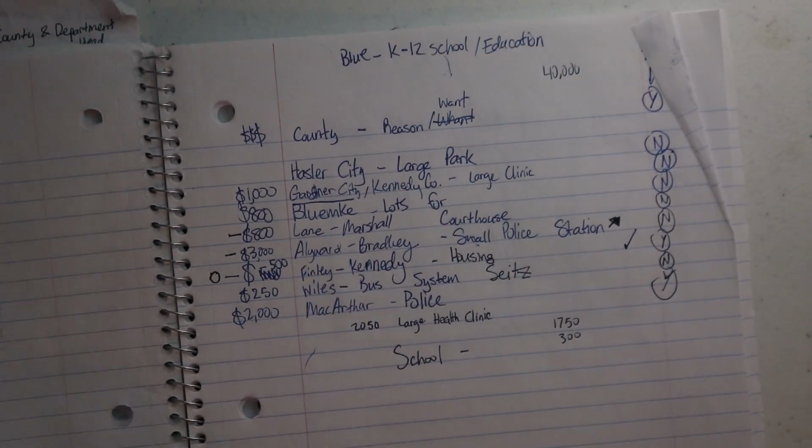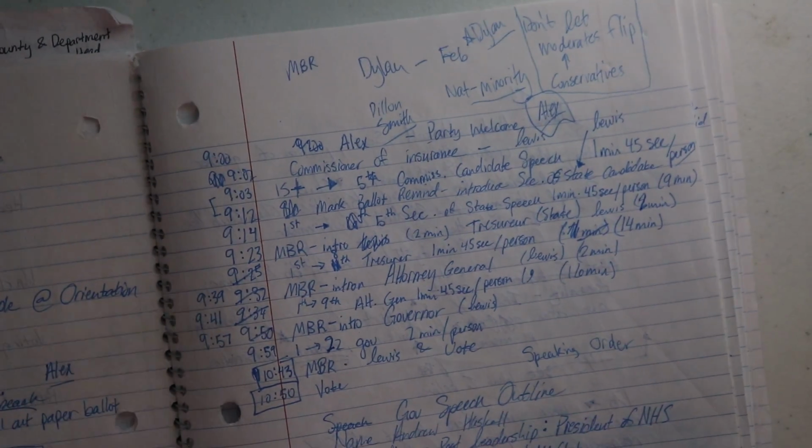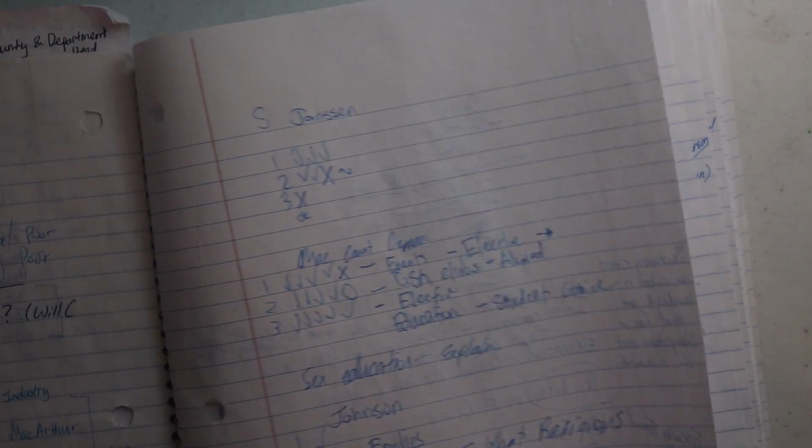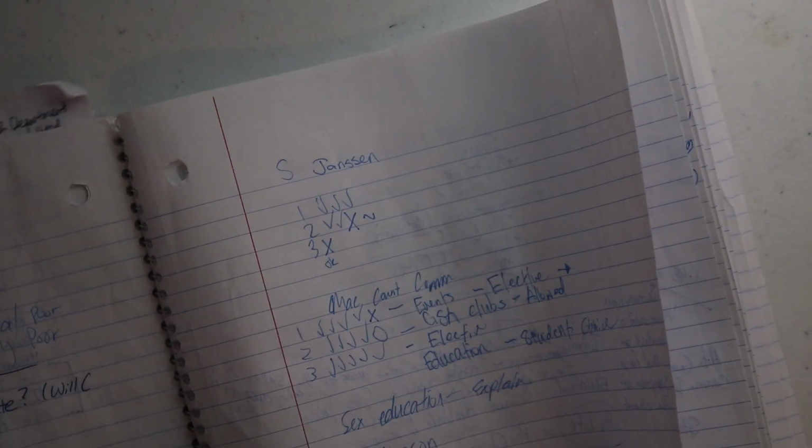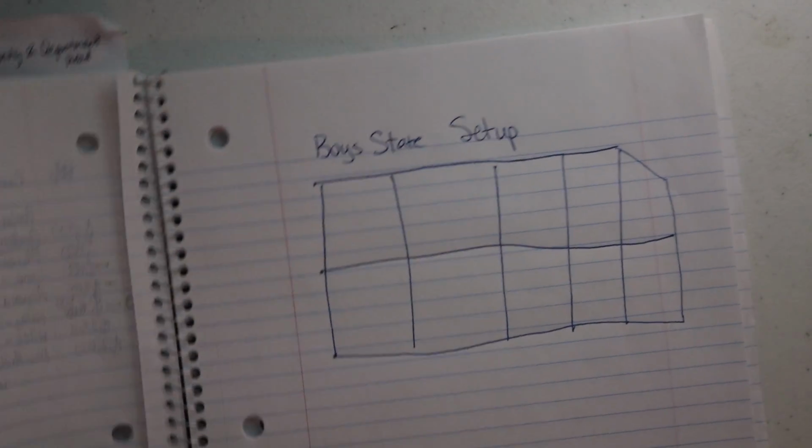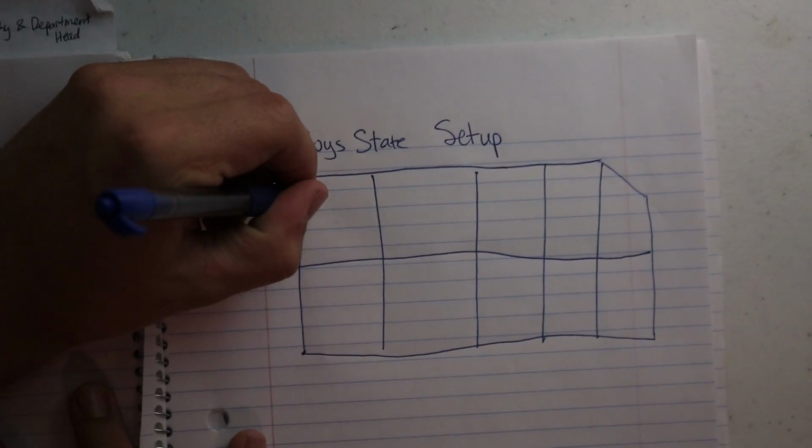And then in this book, I should have a map. This is my notes book from Boise State. There's my speech that I gave to the governor and stuff like this. Okay, so here is the map that I drew. I'll be recreating that in this notebook for you guys here. So this first box, there were 10 counties. There's Bradley County,